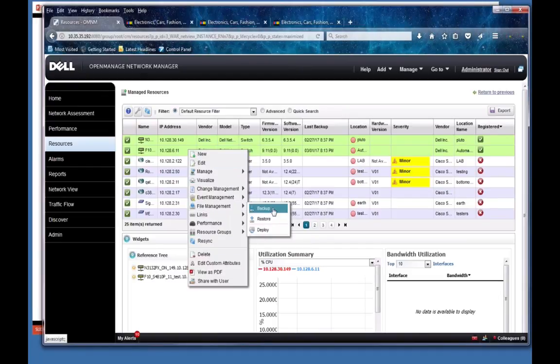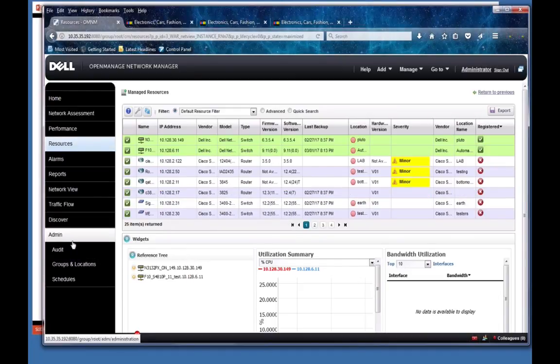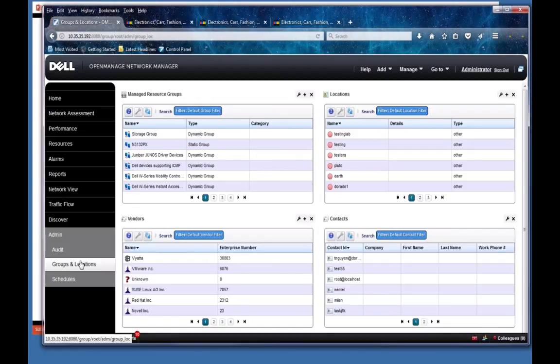You're going to do a backup and to get those done. But that doesn't really give you a scheduled backup. And so the way I recommend doing this is going to the Admin tab, and by Groups and Locations. You can either create your own group or your own dynamic group or whatever grouping you want to use. It might be a static group of specific devices, but generally you just want to pick a group here or